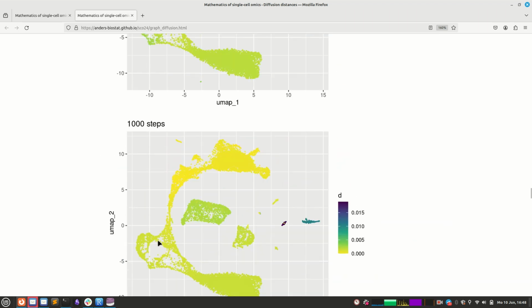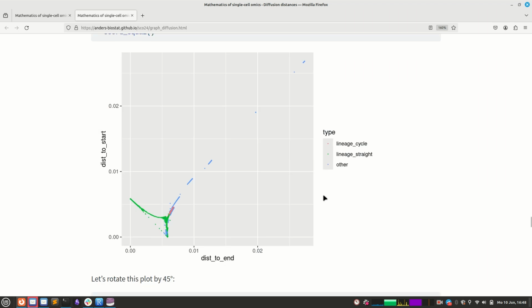So this thing here, that's the green one. From here to here to here up to here. These ones are red, and this stuff and that stuff I put in blue. Now you can see here how this works. This is the distance to the end, this is the distance to the start. So this cell here is the starting cell, this is the end cell, and these here are all the other